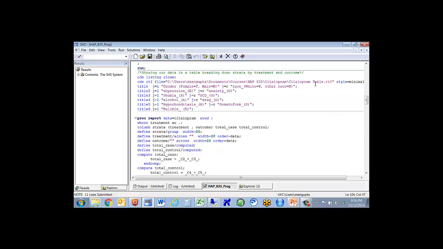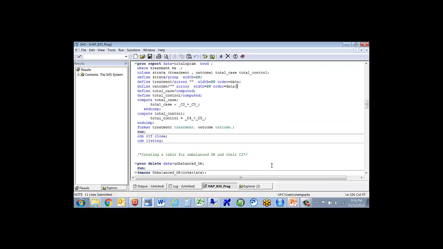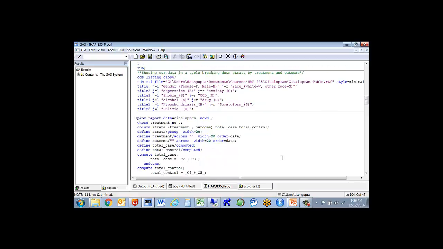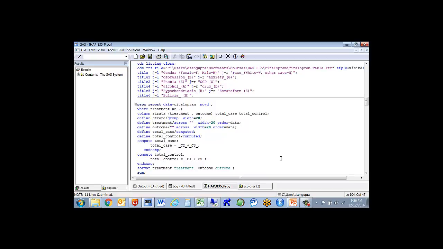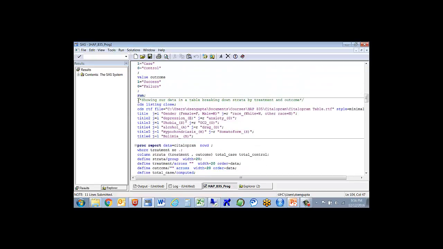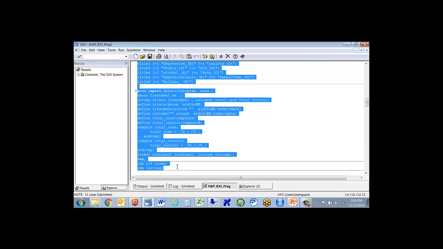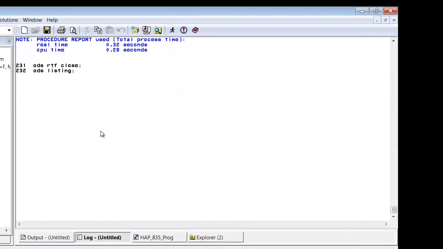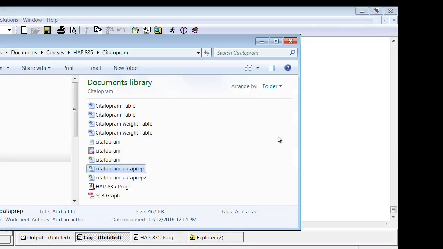Then you can see what is in our data just before we do any balancing. So this is our unbalanced data. I'm going to run this, and I'm going to show you where